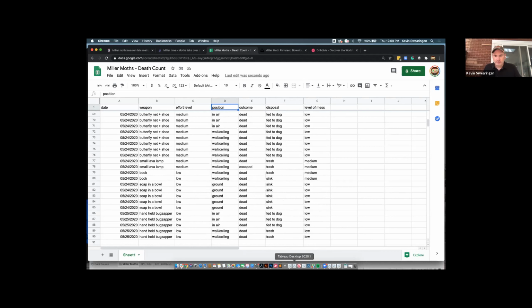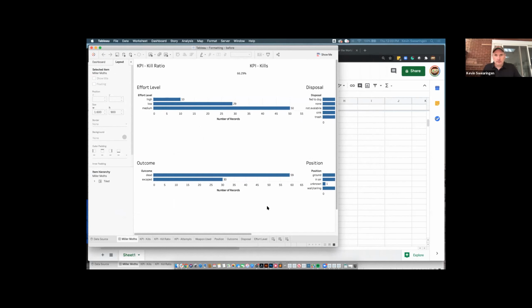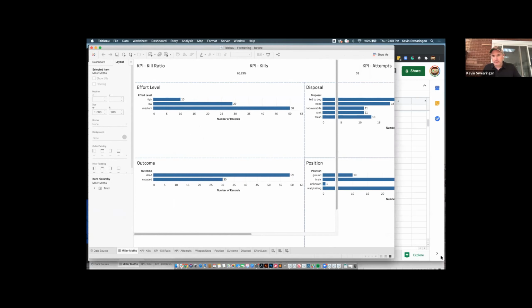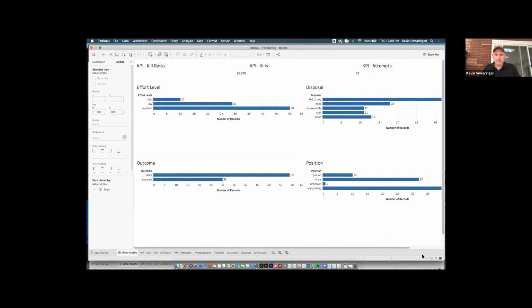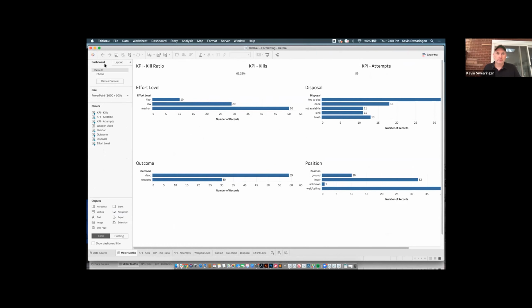So then we bring that into Tableau. Hopefully I don't pull up client data. So we bring this into Tableau, and this is just a basic envisionment of kind of a straightforward dashboard, right? I've got all my KPIs here. And then one thing to point out right off the bat,